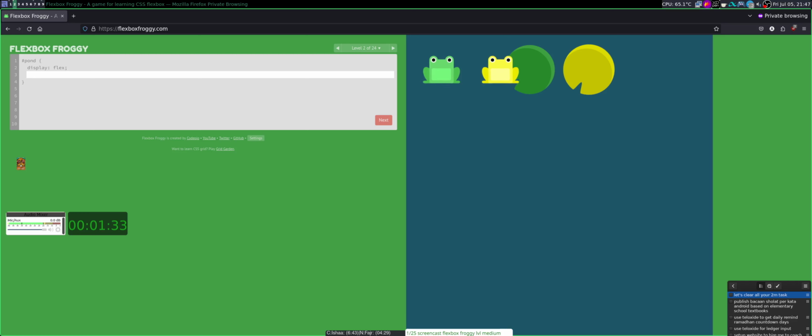Now I have two frogs and I need to put them in the middle. Still using Flexbox direction row because that's the default of display flex. Justify content for the main axis into center. Okay, that's working.